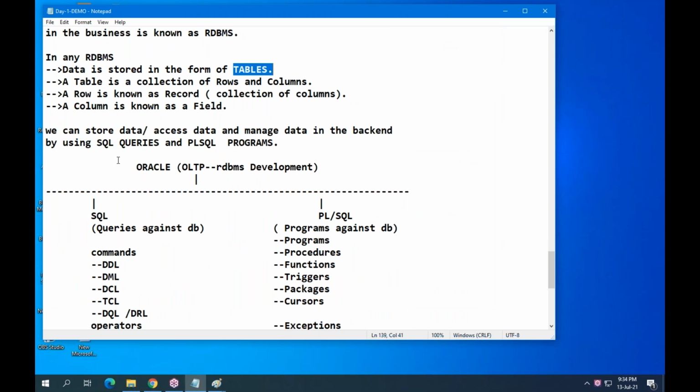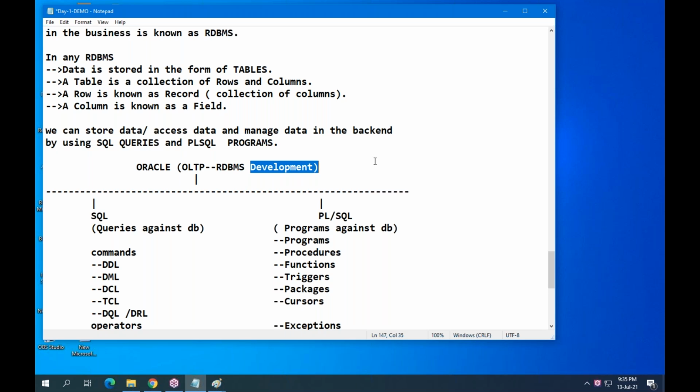So in Oracle, you are learning SQL, PL/SQL. And Oracle means this is OLTP, online transaction processing, online transaction processing database development.